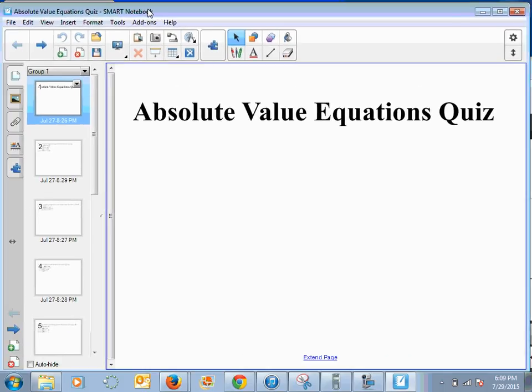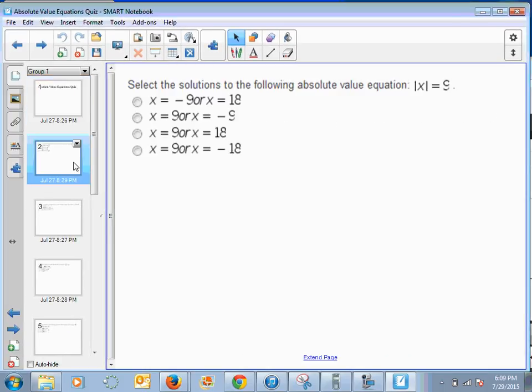Okay, so we're going to look at the absolute value equations quiz. Select the solutions to the following absolute value equation. Absolute value of x is equal to 9. Now, this is a very simple one, but it's going to be something we'll probably refer back to quite a bit. Anytime you have an absolute value,